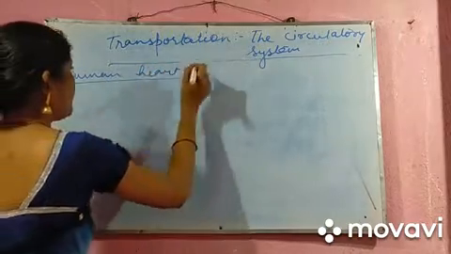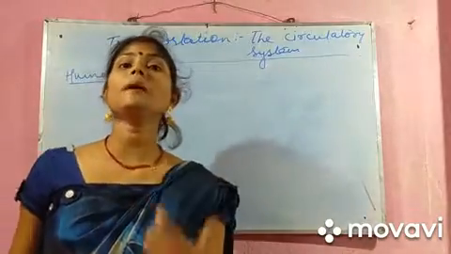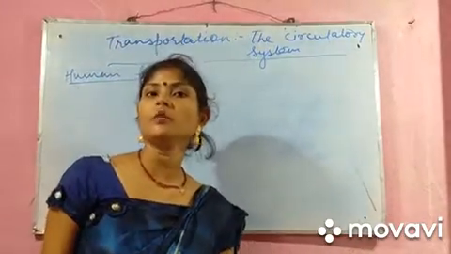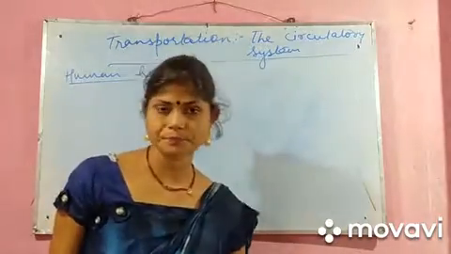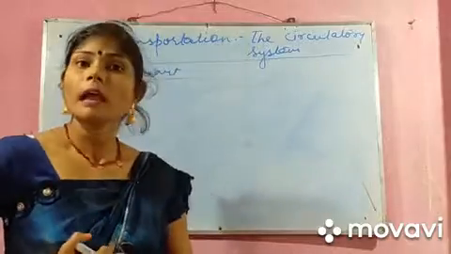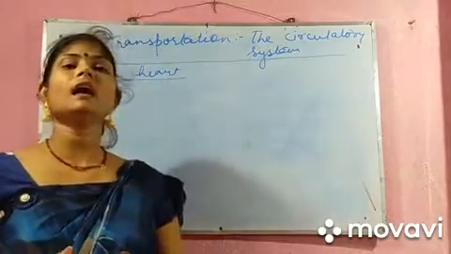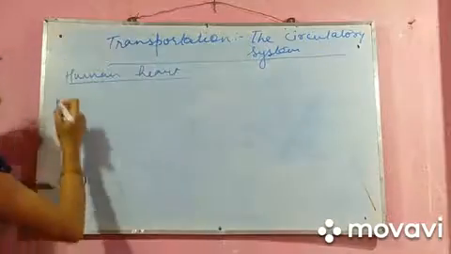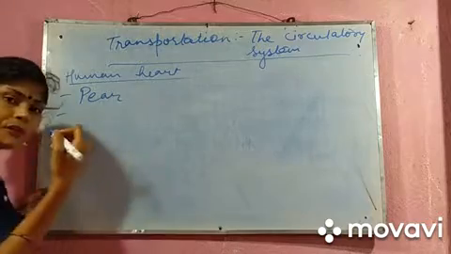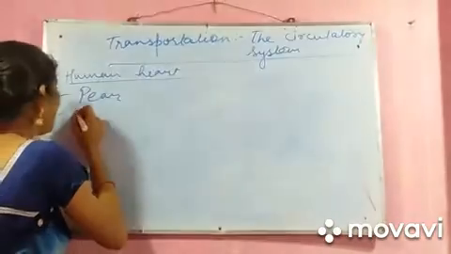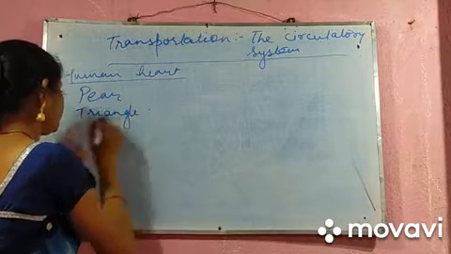We know that heart is a pumping machine which pumps the blood from one part of the body to another, from heart to the different parts of the body through the aorta. As I have explained to you in the last video, heart is somewhat pear in shape. What is the shape of the heart? Like a pear. If we see the outline of the heart, it is triangular in shape. Looks like a triangle.